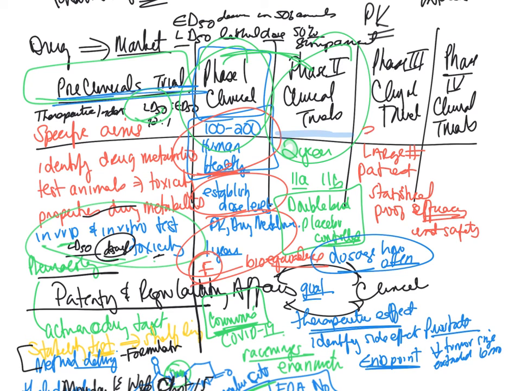Okay, and these take usually 3 years. Take up to 3 years, and they're gonna do phase 3A and phase 3B. So once you're on 2B, you can cross over to 3A, and then 3B can go into phase 4. By that time, you already have your dosing, you have your regime, and